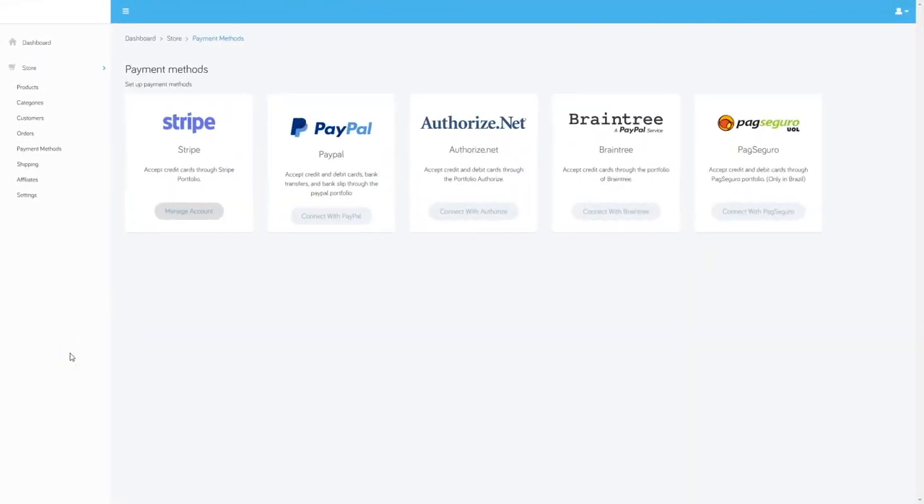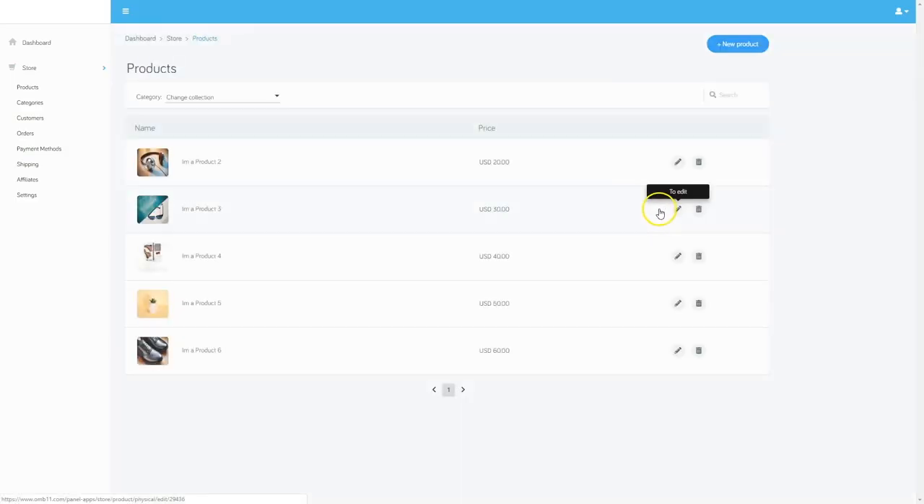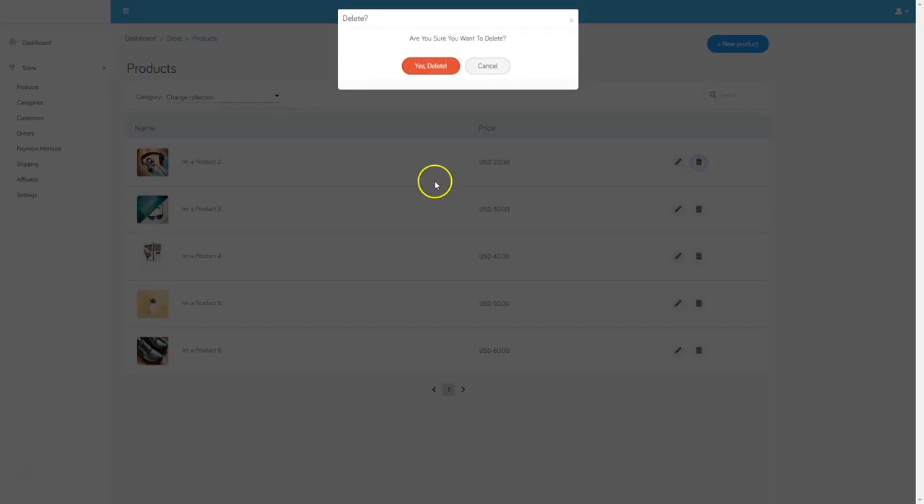In this video, we're going to take a look at how to add new products into your e-commerce platform. To do that, I'm going to go to the left-hand menu, and I'm going to click Products. When you first install the store, it's going to have about 6 products in there already. You can either choose to edit these products, or you can delete them. I'm going to go ahead and delete them. So all I need to do is click the trash can, and then Yes, Delete, and it deletes them from